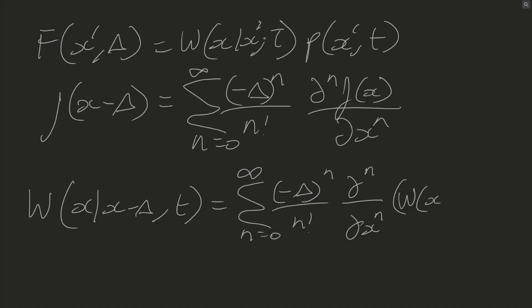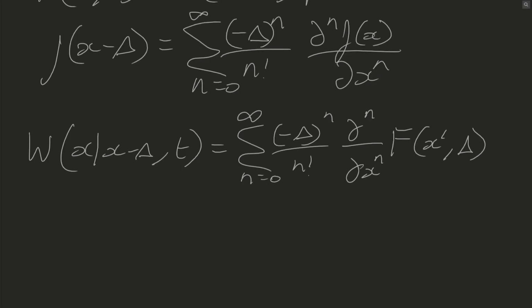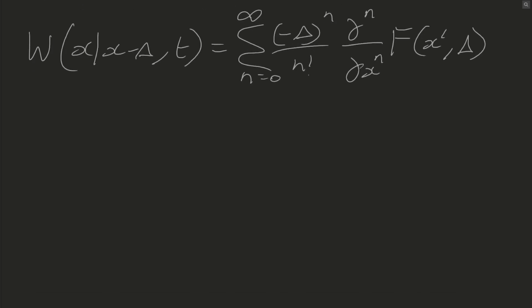Actually, this would just be f of x prime delta, and that's our new integrand, and we might then push this back into our original equation, which we have above, which is the Chapman-Kolmogorov equation that we've expanded with our final Taylor series expansion to say that p of x, t plus tau equals